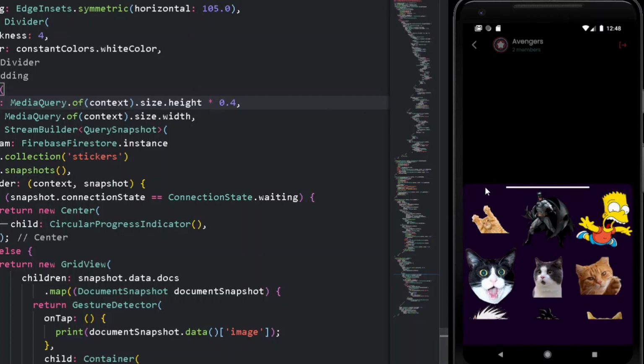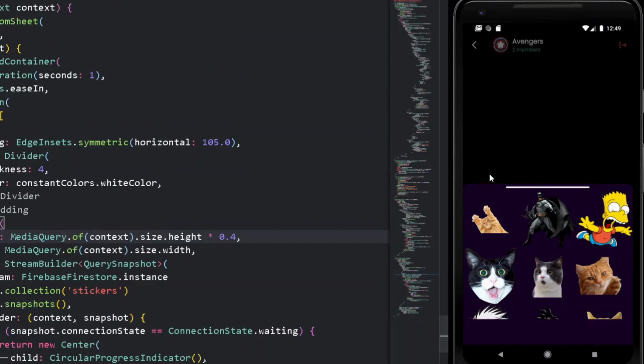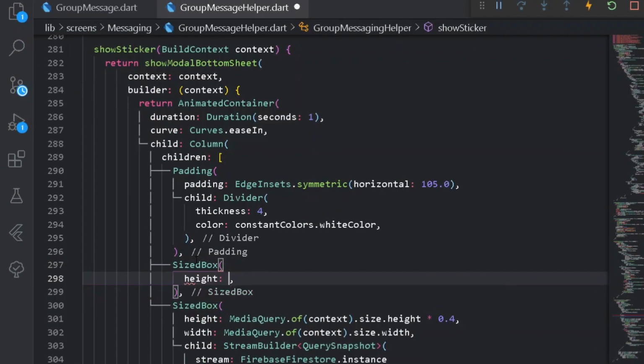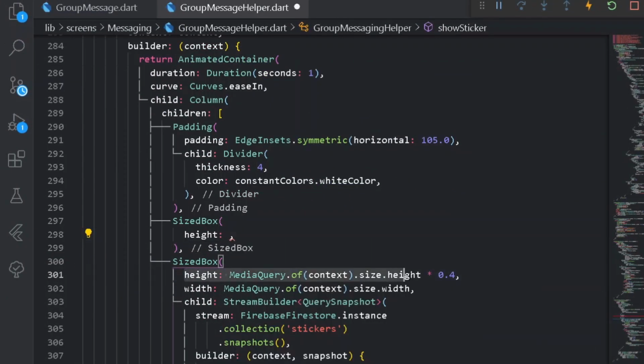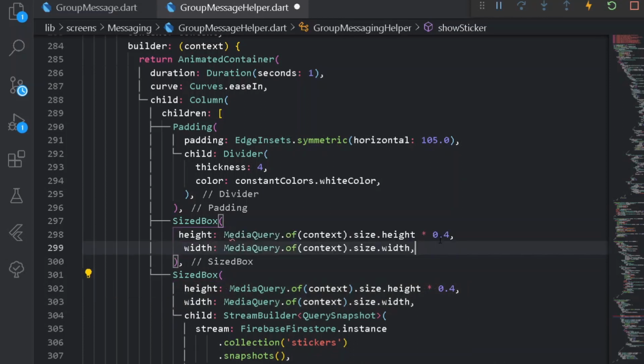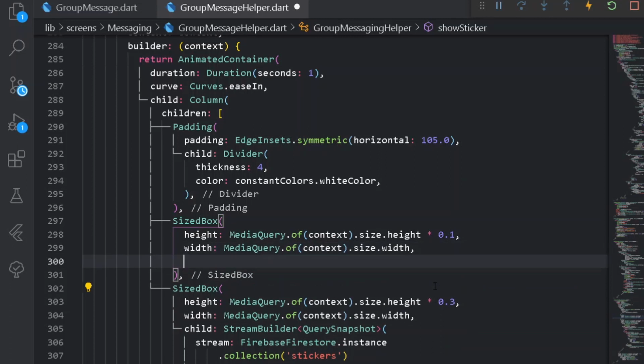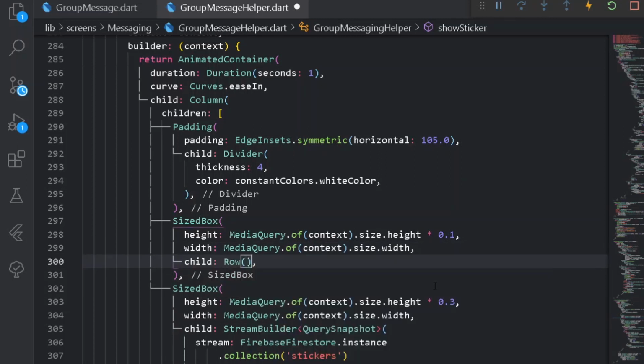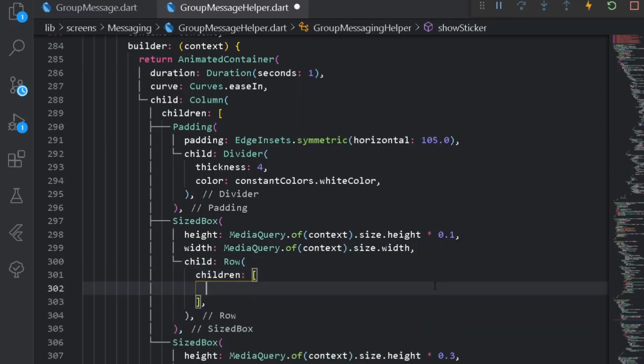Now what we will be doing is, above the SizedBox, I shall have an entire category section for our particular stickers. For that purpose, here I can have a SizedBox, easy. Under this let's have height. For height and width, I can copy the following thing and paste it here, and here let's have a height of 0.3. Now after having this, let's have a child. Under child let's have a new Row. Under Row we can have all of our children, that is all of the categories. For now, under our category I can have a Container.